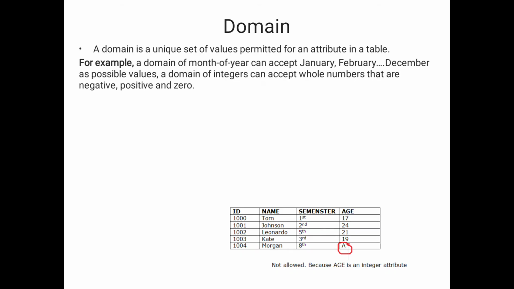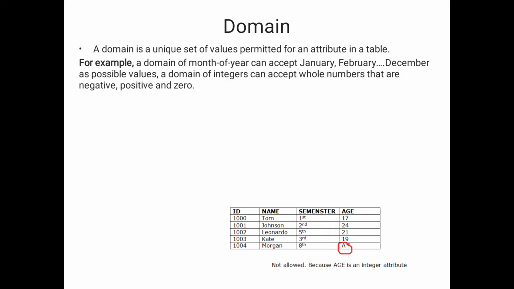So what is the meaning of domain? Each and every field, each and every cell, we will simply call the domain. A domain is a unique set of values. Those cells are replaced with values. Suppose we consider the id field. In that id column we will fill those cells with any integer data types. Suppose we consider the name field. In that name field we will fill the cells with names like Tom, Johnson, like that.